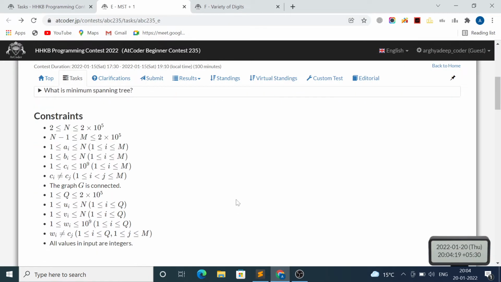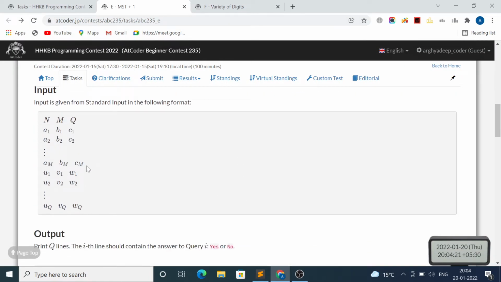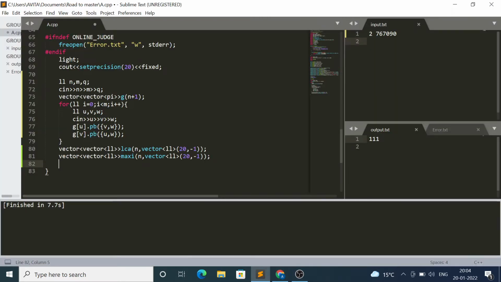Now what should the input be? AM, BM, CM, UVW. Now I have to process the queries. Okay, so while q minus minus, let A, B, W, cin A B W. Okay, so now to do this binary lifting thing,